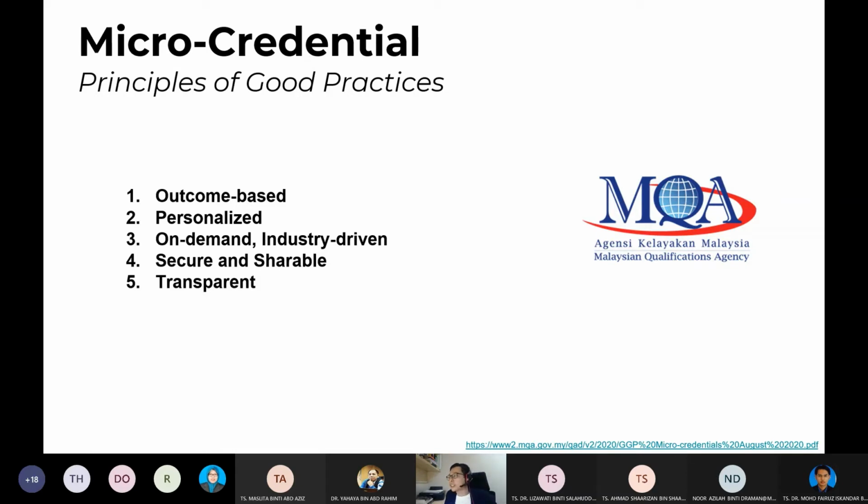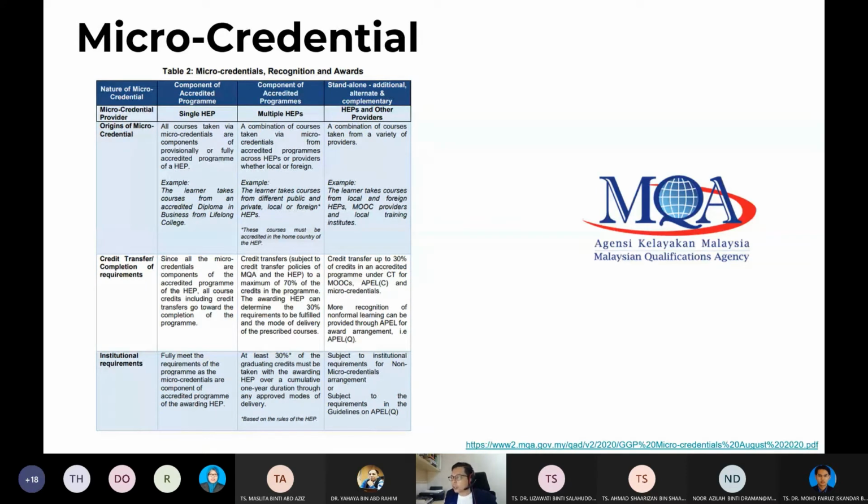And then finally, transparencies. Maksudnya kita tak boleh lah mengajar cincai-cincai, kita bagi credentials just because we want to say that we are good at micro-credentialing. Transparencies is important. And then dalam dokumen ni juga dia ada tulislah the type, the nature of micro-credentials, macam mana kalau we work with single HEP atau multiple HEPs atau HEP dengan providers, higher education providers ya. So tengok macam mana. So I wouldn't go into this too much, but this is just a summary of what I think is important I could get out of the MQA